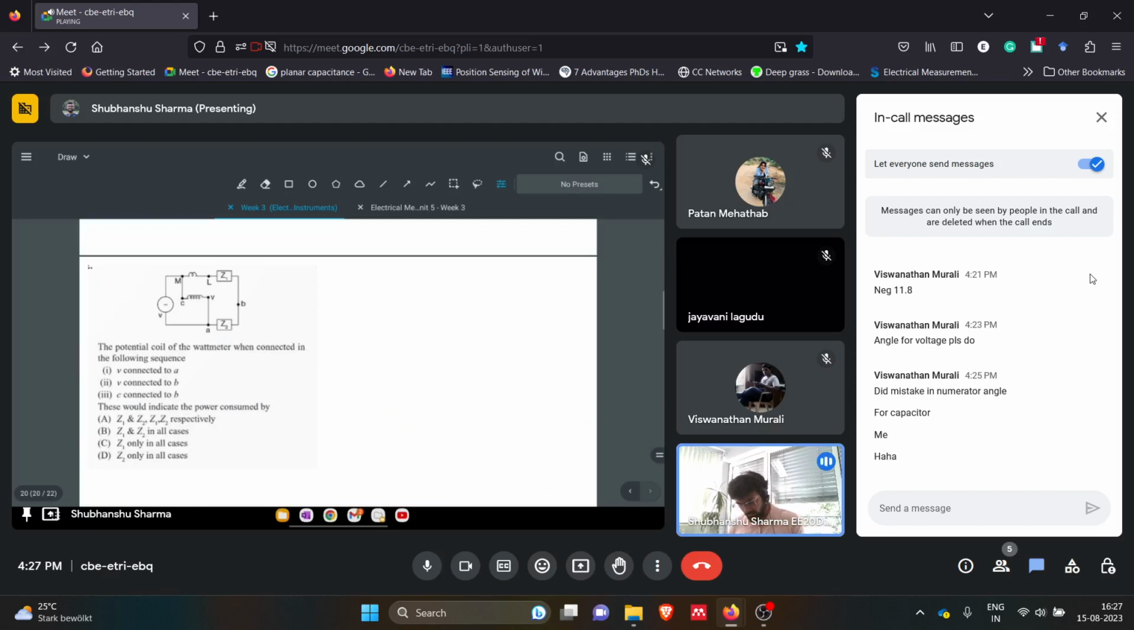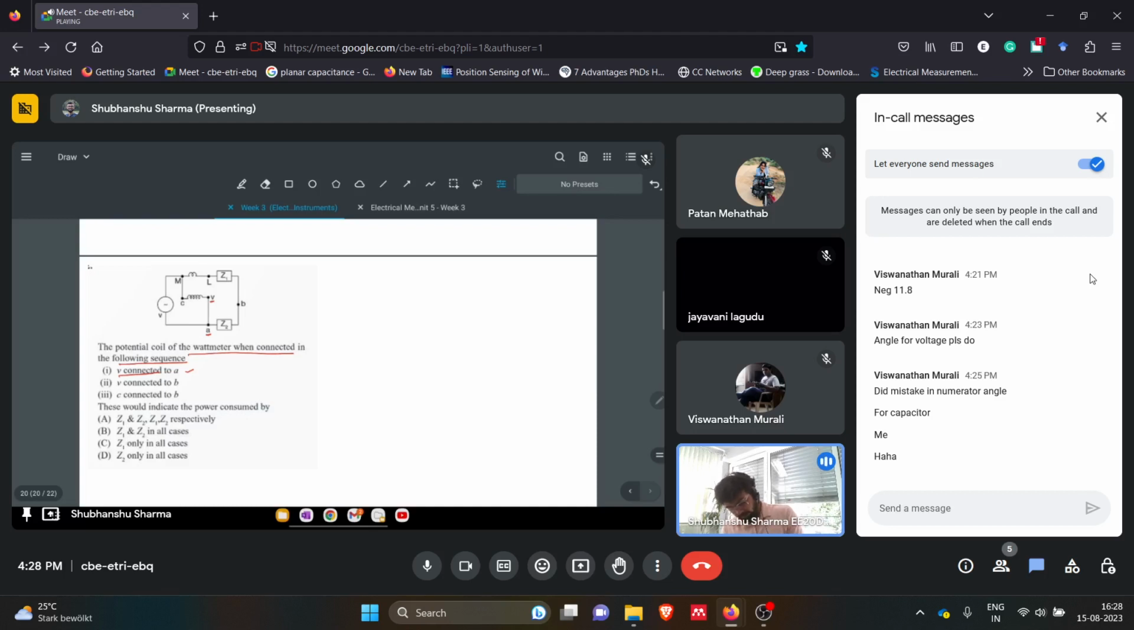The potential coil of the wattmeter is connected in the following sequences. The first sequence is V connected to A. As I mentioned earlier, just focus on the potential of the potential coil and the current of the current coil. That will lead you to the wattmeter reading. So in the first part, V is connected to A. This would indicate the power consumed by